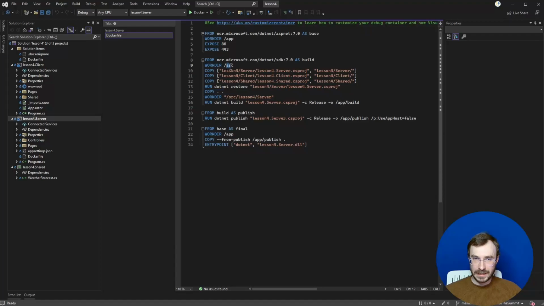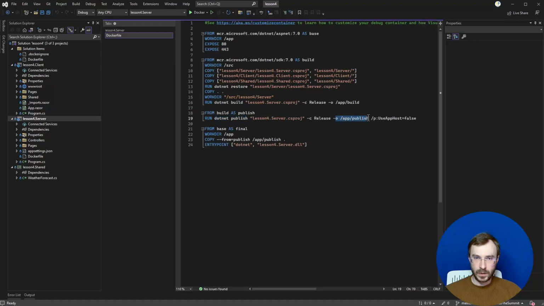Also, we are inside this src directory. Then we go deep, and inside exactly this folder, we will execute the dotnet build command. If build was successful, then we will do a publish